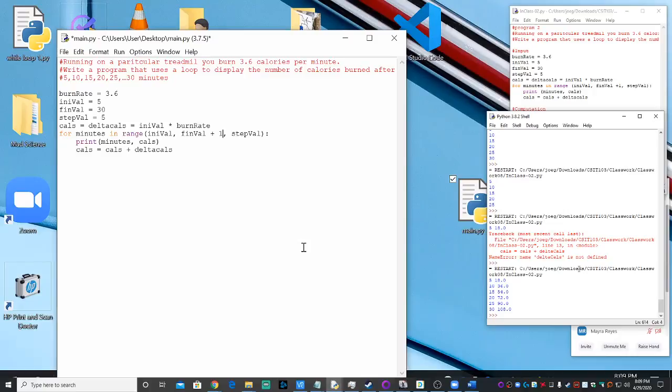Well, that's what I was referring to: when we look at that +1, the 1 is not like the number 1. It's more the next in place after that final value. No, it is the number 1. Oh. It simply says it's going to keep doing that while it's less than 31. Oh, I see. If I took the +1 off, it would say I'm going to keep doing it while minutes is less than 30. Right. So, for example, if you had put final value +4, and that step value is still 5,